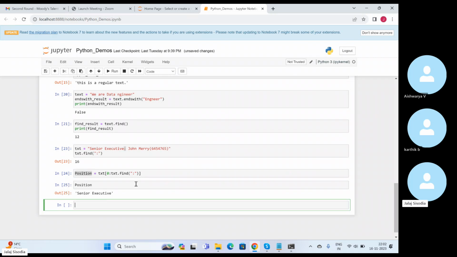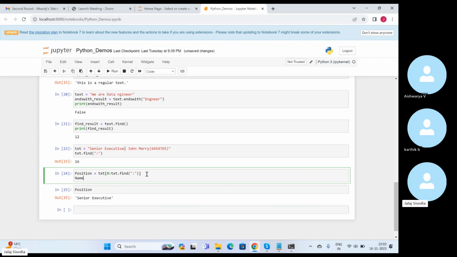Okay, next thing, what I will do to get the name variable, this time I know from my text variable, my name starts from colon. I have to exclude the colon, then I have to exclude one space as well. But basically, I have one indicator that separates the name from the position, that is colon. So what I will do, I will write text dot find. I will find the colon,